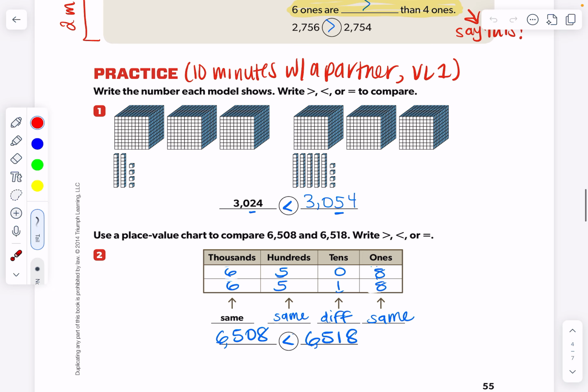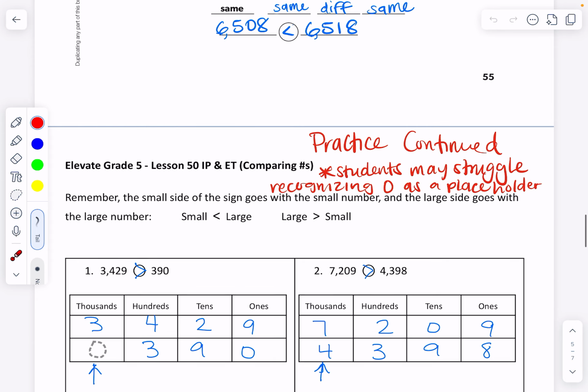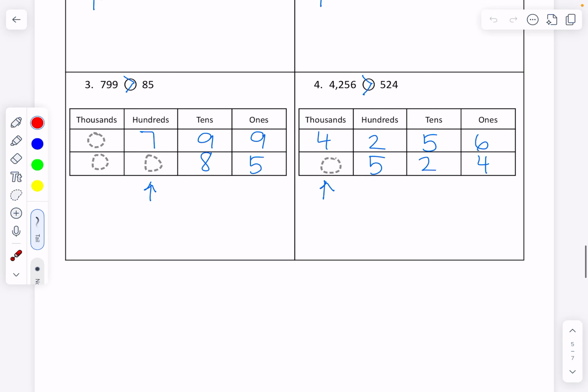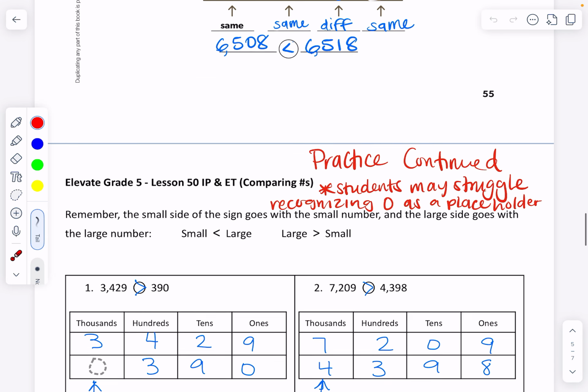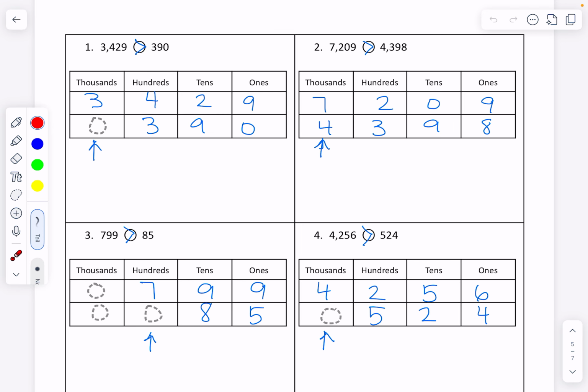So from there, you will launch students into 10 minutes of practice where they are using the models as well as the place value chart. They're working at a volume level 1 with their partners. When it comes down to this page in the place value chart,